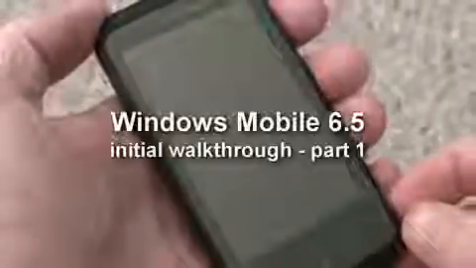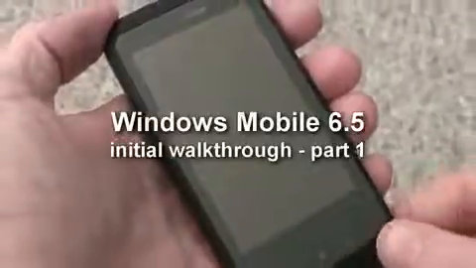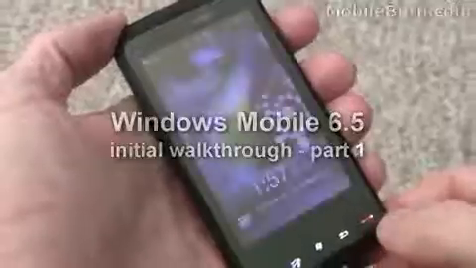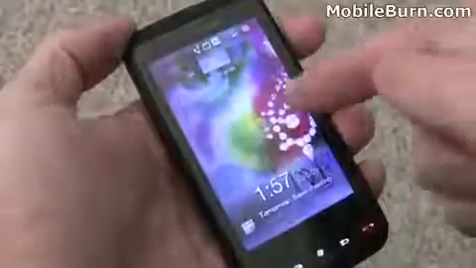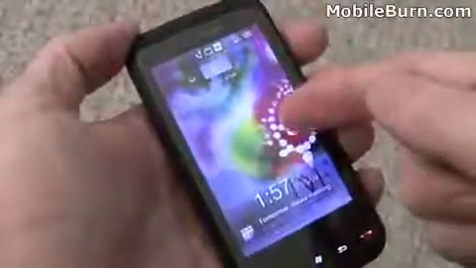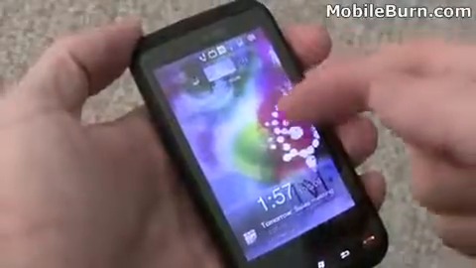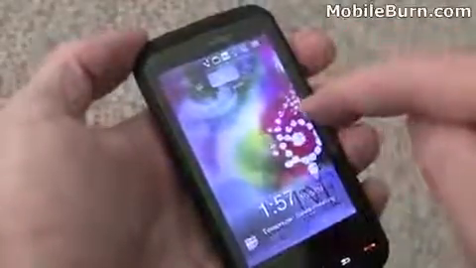This is Michael Orrell from MobileBurn.com, and now that the embargo has lifted, we're going to show you some of the new features of Windows Mobile 6.5. You can see this is the new lock screen. This is a HTC Imagio for Verizon Wireless, and one of the things you notice on the lock screen is